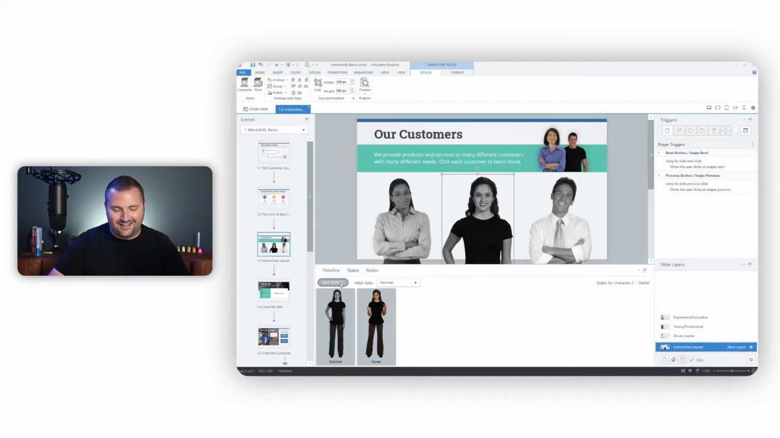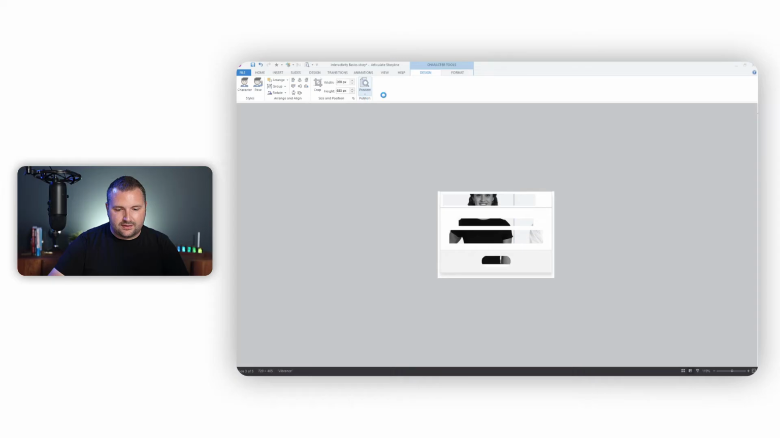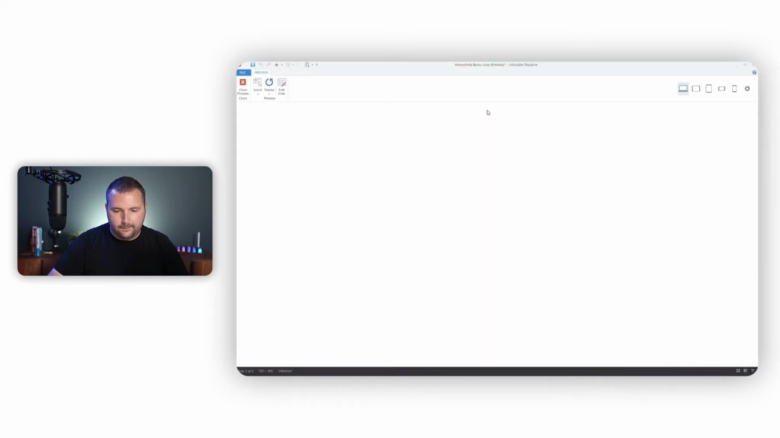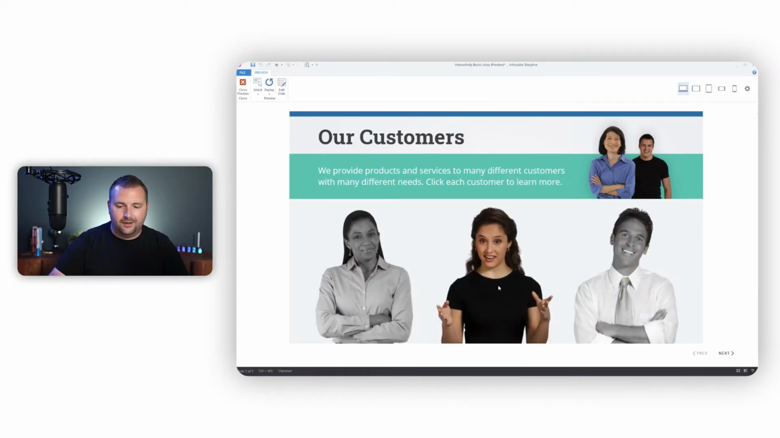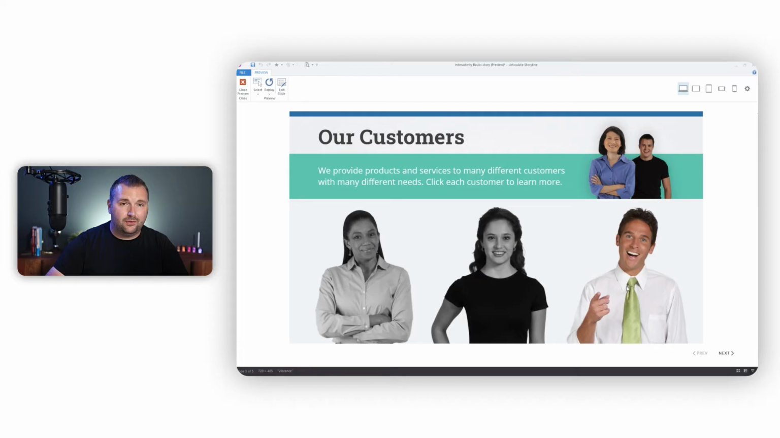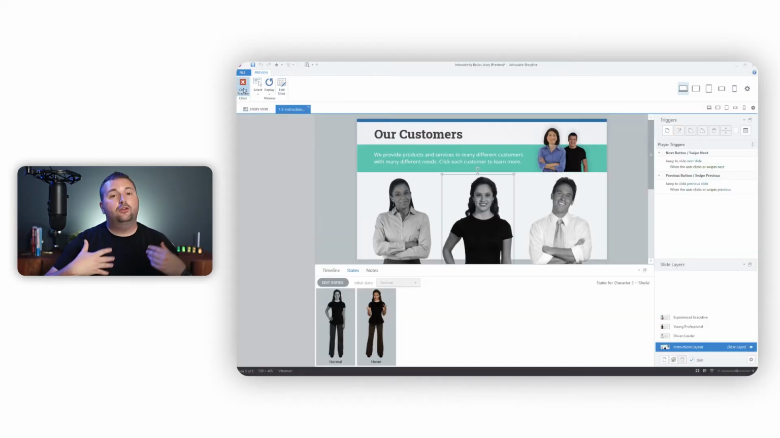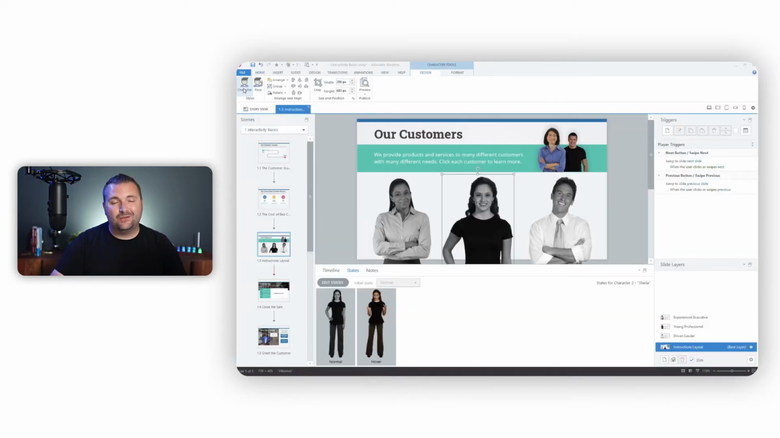Okay, done editing states. Now, if I preview this, let's see what it looks like. Okay, there she is. Hey, what's up? Hey, he's a cool guy, right? So there's my hover states. That's how I know they're interactive. So you can add custom states to different objects, like characters or other items as well, not just buttons and